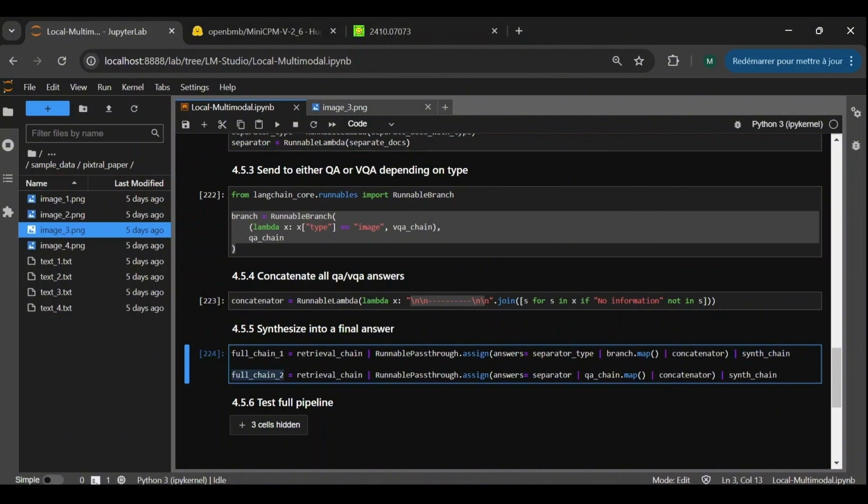We first go through the retrieval chain, then generate the answer string with this three-step chain. The main difference is that the separator here doesn't split into textual and visual chunks. It splits into a list of textual chunks where the images are replaced by their textual description. Naturally, instead of mapping the branch runnable, we only need to map the QA chain since all our inputs are textual now. And the rest of the pipeline is exactly the same. We concatenate into a single string, assign it to the answers attribute, and pass the whole thing to the synthesis